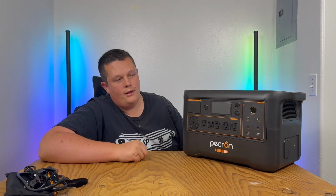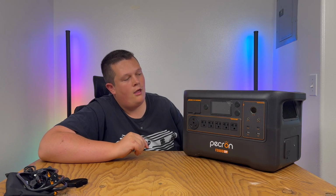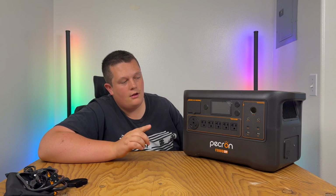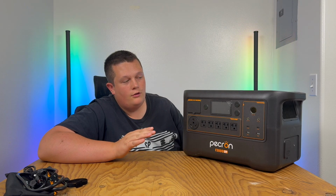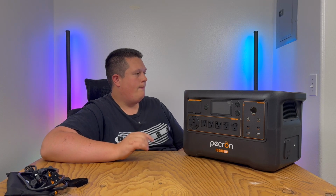Then the other cool thing is you can hook this up to your phone with the app from Pecron, and you can control the DC or AC and turn those on or off from your phone, and you can see what the status of the battery is and what percentage it is at. So anyways,